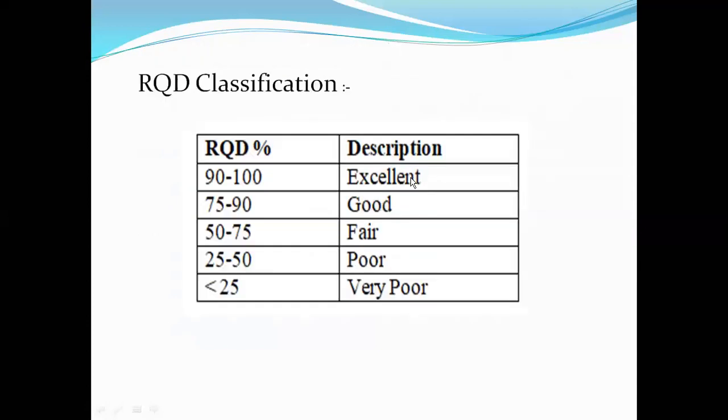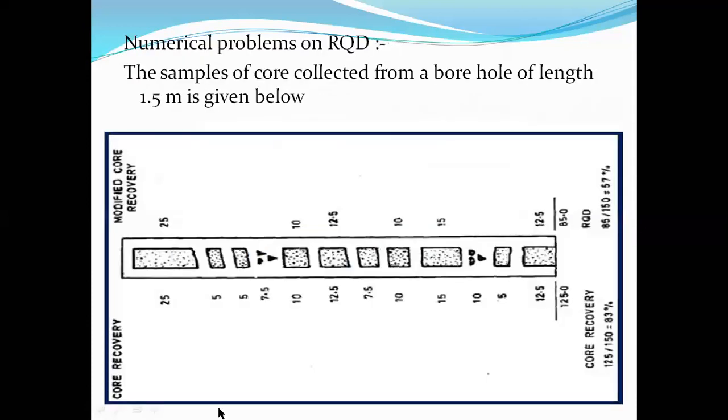So this is about the size. Here, this portion is of 12.5. Even though this is 10, there are small pieces, and we won't account for them, because we need a vertical sample. Here the rock mass was subjected to some kind of crushing up to some 10 centimeter length, then 15, 10, again 7.5. Again 12.5 core length. Next, this is 10. Again there is some kind of crushing. This is again 5, this is 5, and this center length is 25.